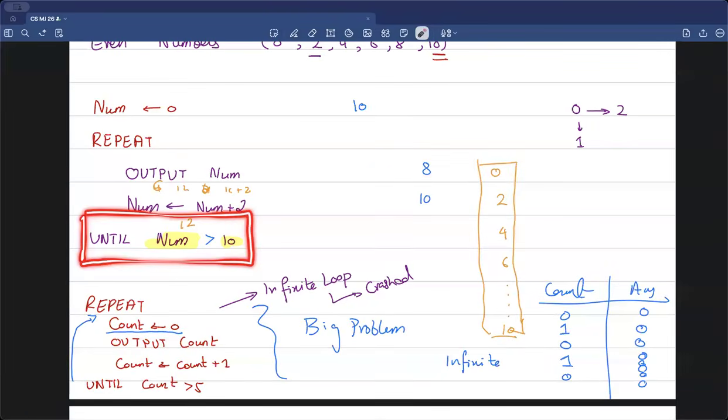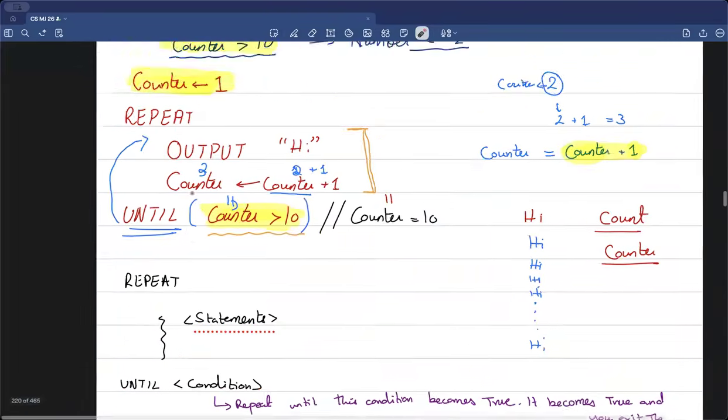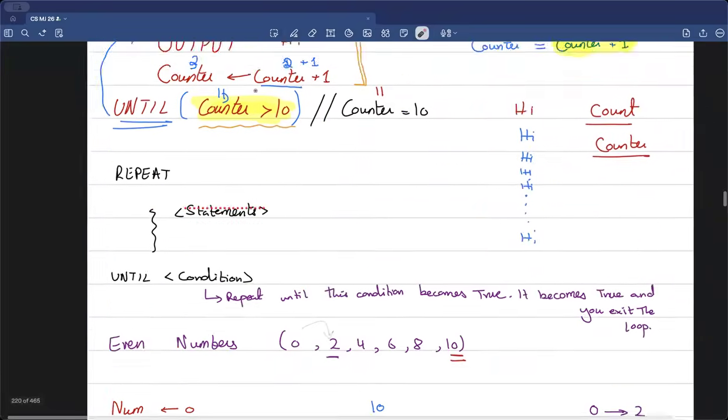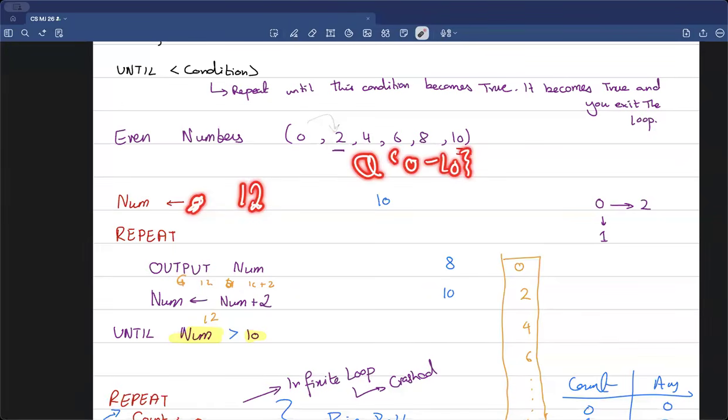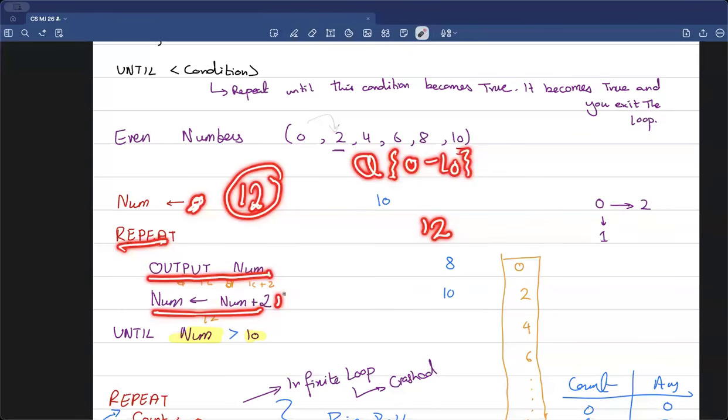It checks the condition at the end. That's the reason why we said that it's going to run at least once. Let's say I set the number value to be something like 12. This means that if the question was to only output the values between 0 and 10, if my number value is 12, and I go into this repeat loop, it's going to output the number first. So it's going to output 12 and then it's going to make it 14 and then it's going to